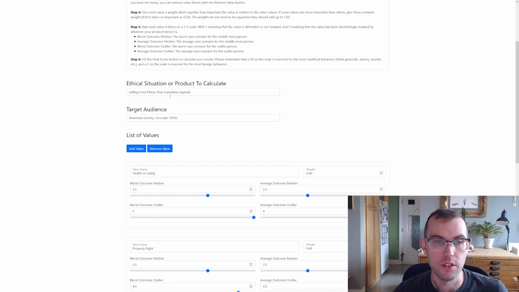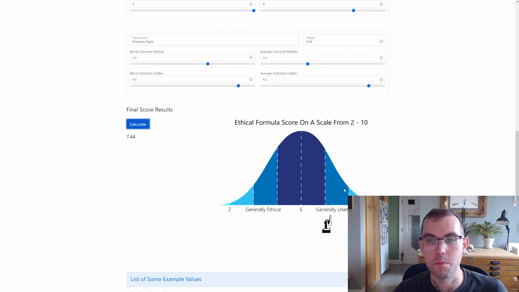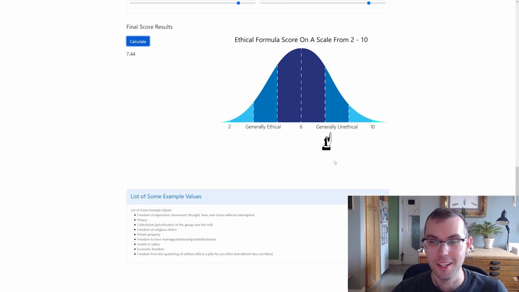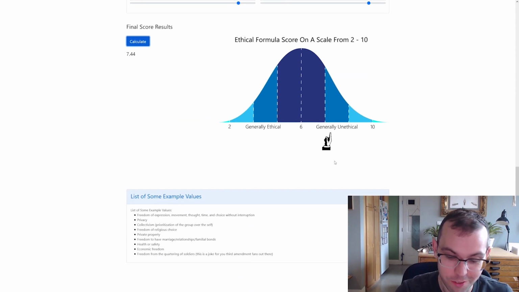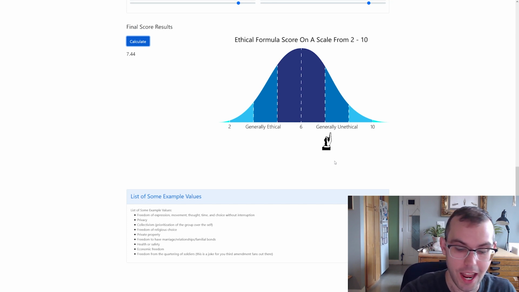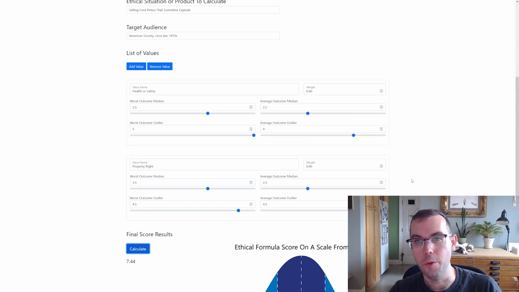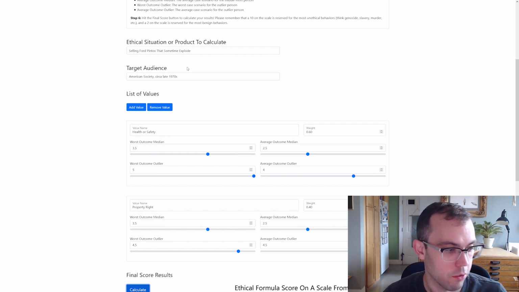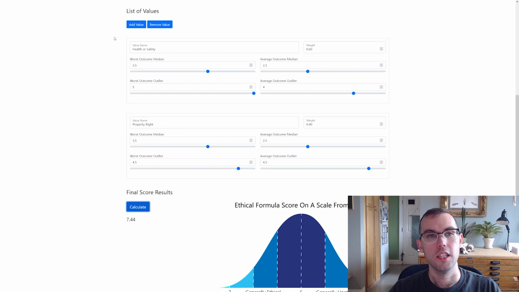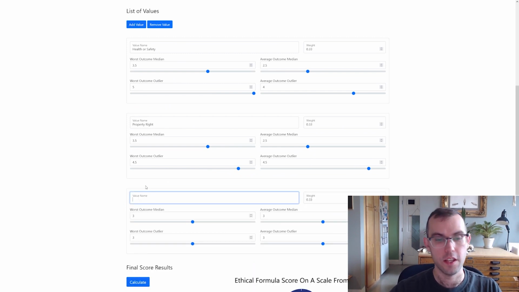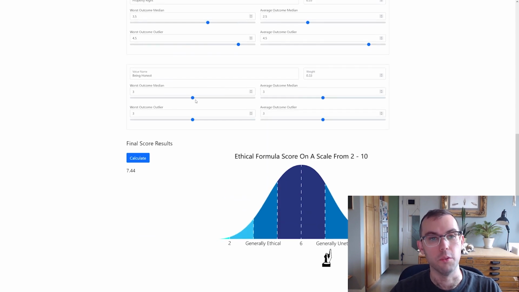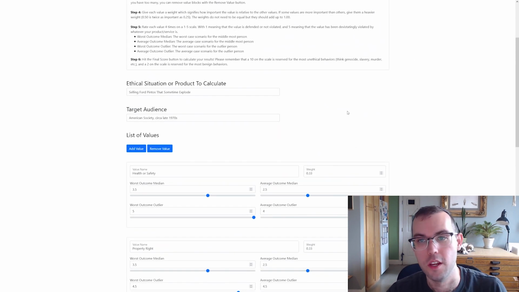And to American society in the late 1970s, that's probably how they felt, which is why a lot of laws and regulations came out of this case, especially because of the lying that happened later, which made it even more unethical because of the dishonesty. I could add that, but I don't think I have time to rerun it. So you can see how you can play with this, right? Like I could add that we have a value in society of being honest. And the fact that they knew about the car and were lying about it is going to cause the score to go up. Okay, so you can see how you start to play with this.